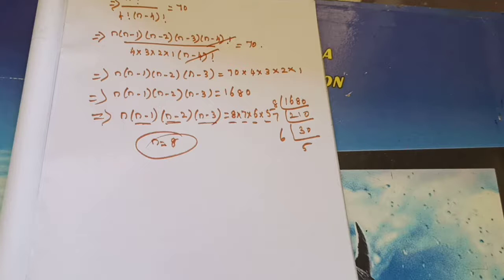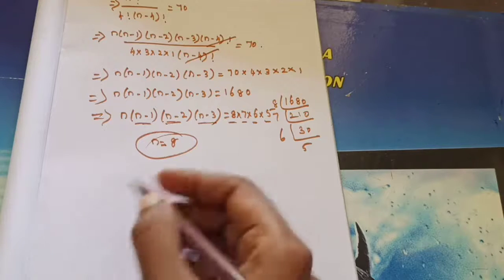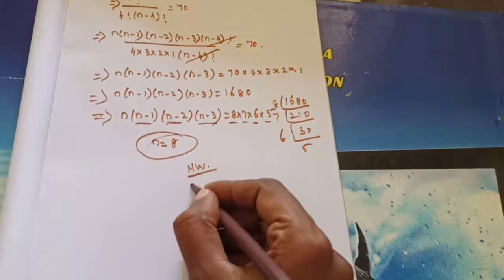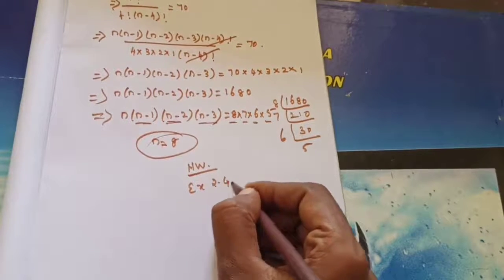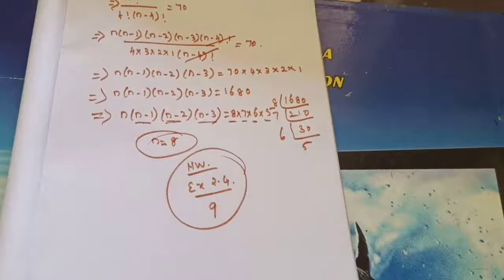So it's time to give the homework for you. All of you take down your books. Turn to exercise 2.4. Problem number 9 is your homework for today. That is the same as the one example we have completed, the bowlers and the wicket keepers. That is the same as that problem. So the homework is exercise 2.4 problem number 9. This is the only homework.